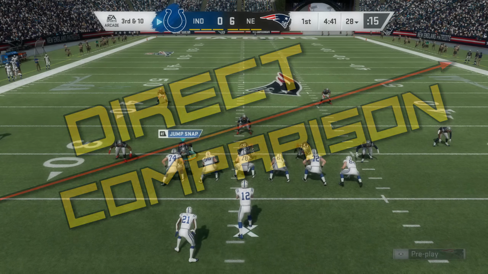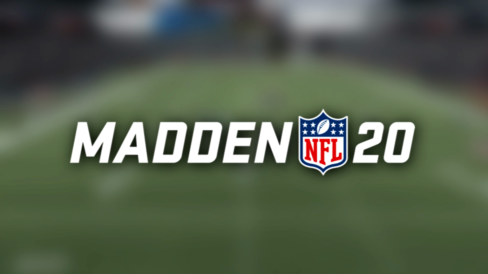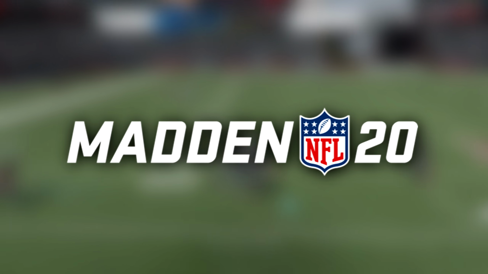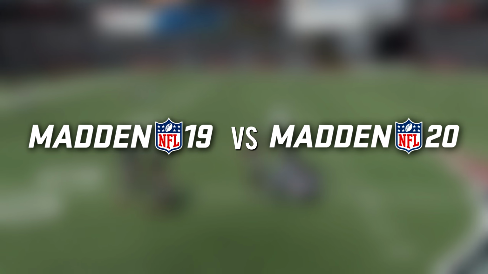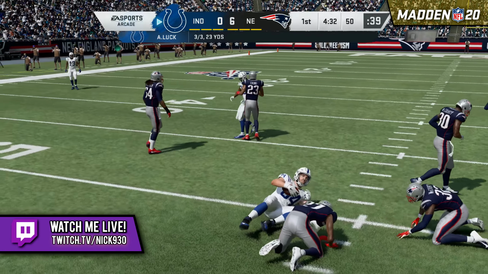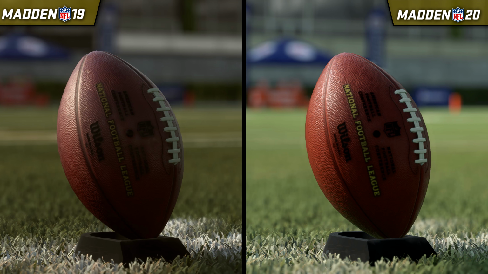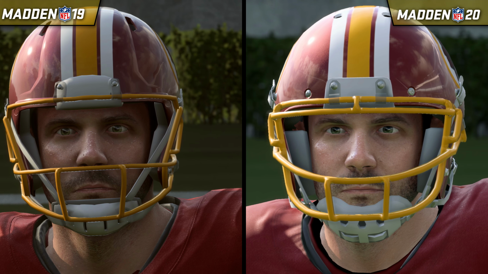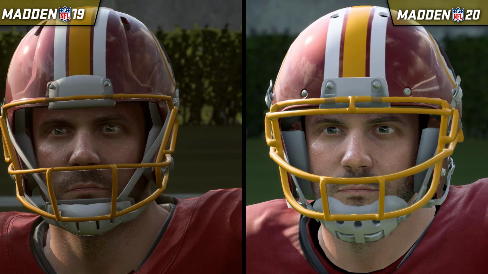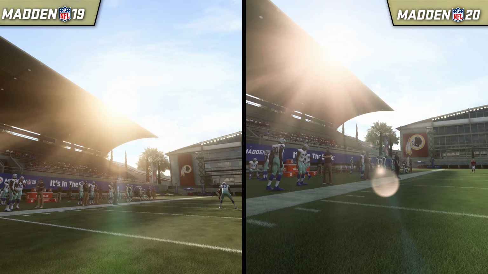In today's episode, we're going to take a look at the recently released Madden NFL 20 and see how it compares visually to last year's Madden NFL 19. While there have been several changes to things like the user interface, rosters, and available options, the main focus of this video will be on specific visual elements, including character and object model complexity, environmental detail, texture quality, lighting, shadows,